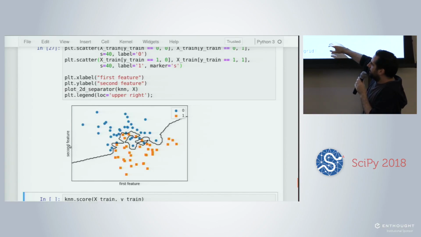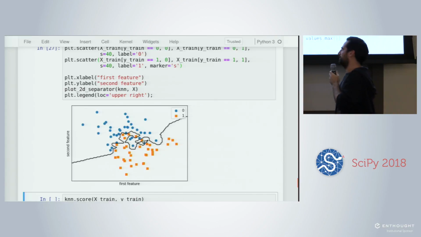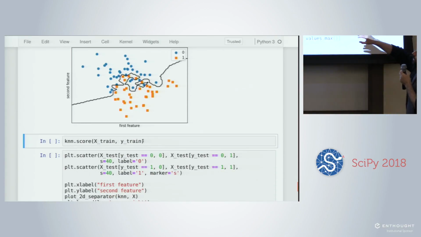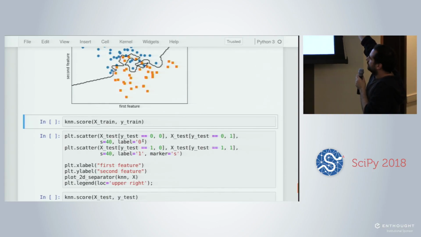In particular, I'm looking for the coefficients of the model. Here we call the decision function on a mesh grid. This is something I would not have implemented this way. Anyway, maybe you can stop this, remove it, close it.